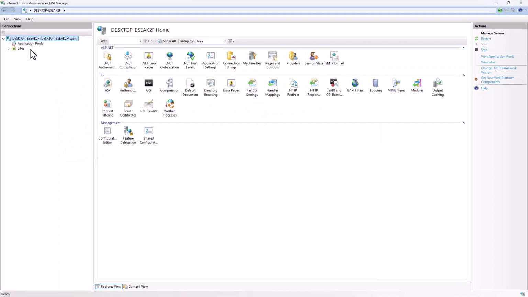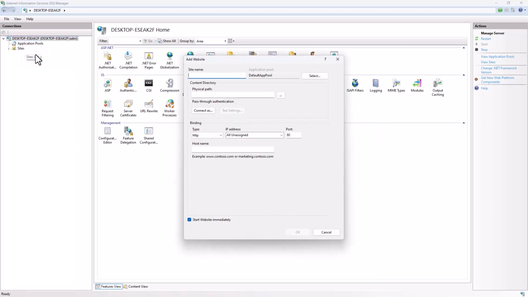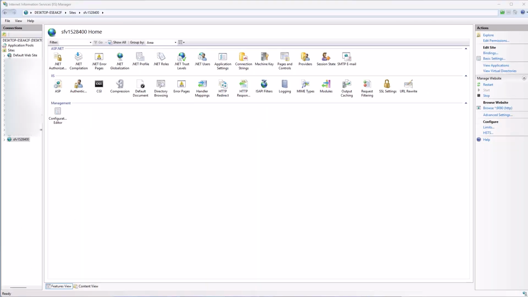Open the IIS Manager, click on the sites and select Add Website. We'll give it the same name as the solution name. We'll add the physical path to the Sitefinity Web App folder. Set the HTTP port. For this demo, we'll use 1990, which will also be used later in the Next.js app settings to connect to the Sitefinity CMS. Set an HTTPS port as well.